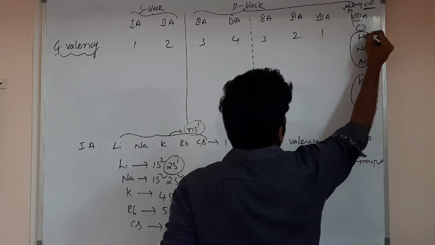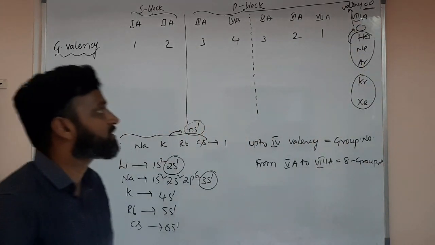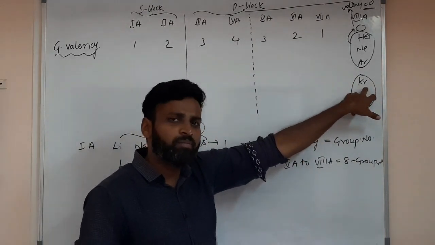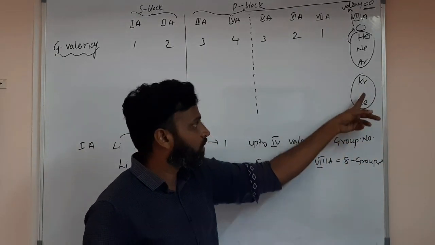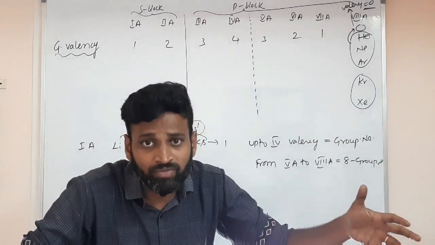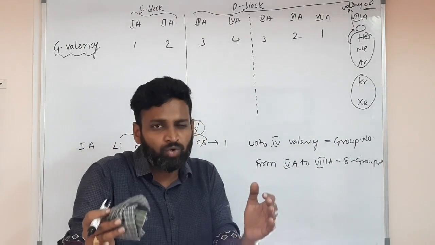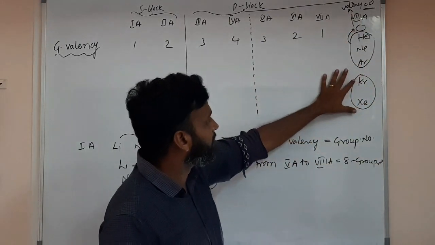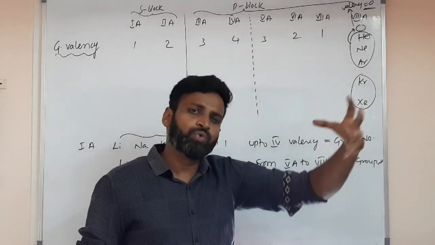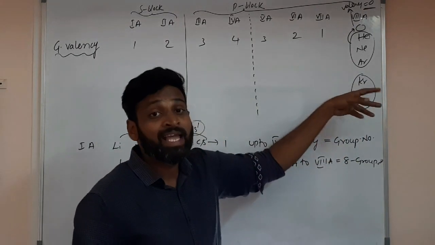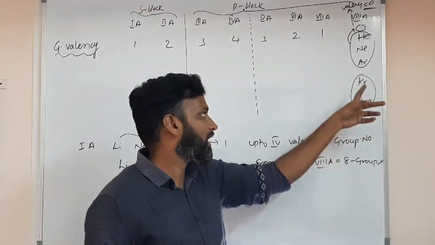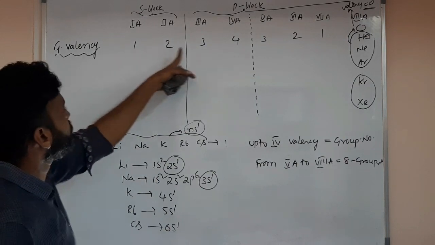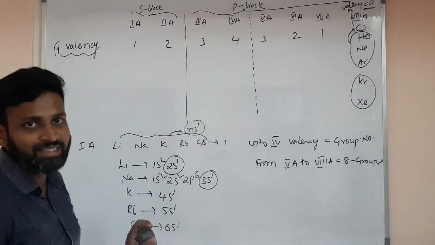So valency in general is 0. Helium, neon, argon, krypton all have valency 0. In general 0, but at extreme conditions, at extremely high temperature and high pressure, krypton and xenon have some compounds because of their large size and somewhat low ionization potential, because going down, IP decreases. Comparatively, these elements have very huge ionization potentials. That's why we use extremely high temperature and high pressure; then they have compounds. So the general valencies are 1, 2, 3, 4 and 3 to 1.